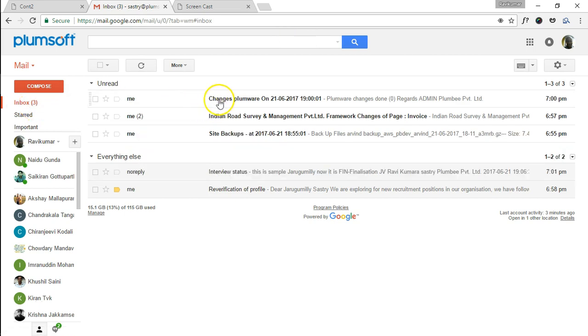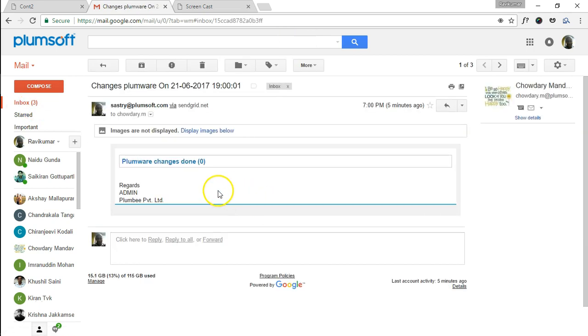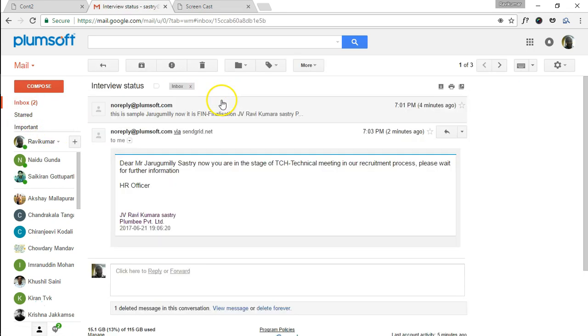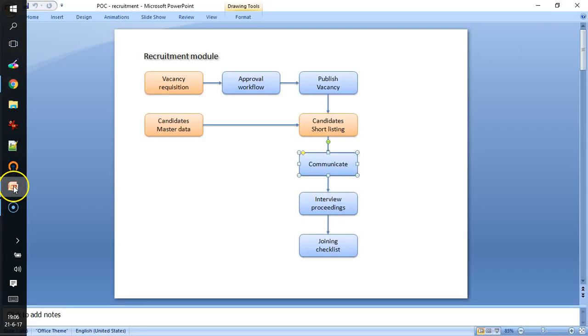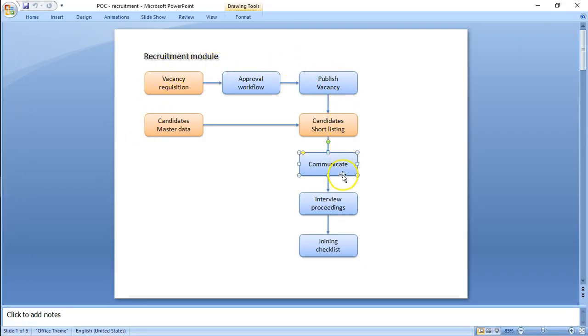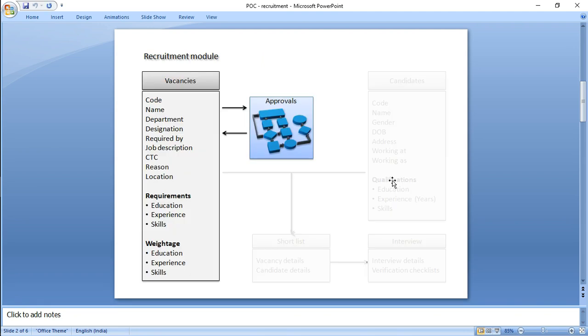and you will notice, see, interview status. Dear Mr. Sonti, now you are in the stage of so and so meeting in our recruitment. Please wait for further information, HR officer, whatever it is. So this way you will notice we have built an end-to-end application of a full process: communication, proceedings, checklist, document management and all that. What we have exactly demonstrated in this application is vacancy, the approvals,